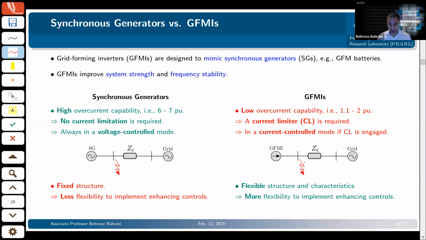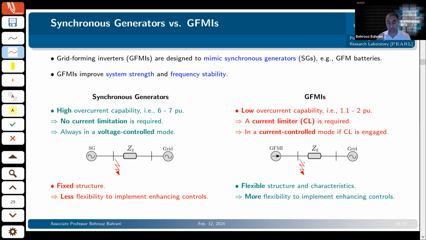In order to actually understand this, remember the control structure that I was showing. There was a current loop, voltage loop, and a primary loop. So as soon as you detect the fault, and as soon as the current set point given to the current controller from the voltage controller is increasing, you have to saturate it. You have to say, okay, this is my limit. I'm unable to go beyond that because it must protect my switches of the inverter, and I'm unable to operate at any current beyond the rated value, which could be anything between 1.1 to 2 per unit, depending on the vendor. So that's a big limitation, and that's probably the biggest difference between your grid-forming inverter and your synchronous generator.